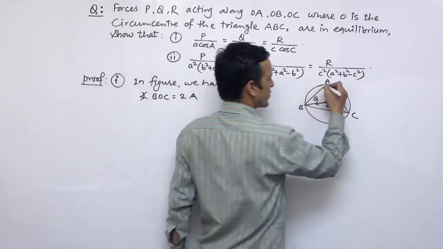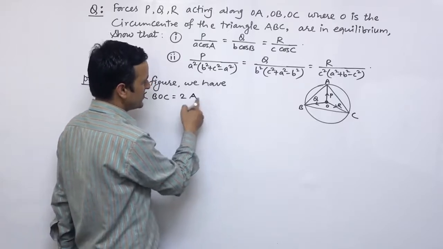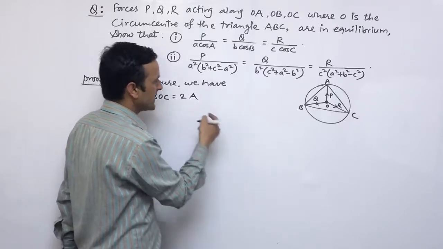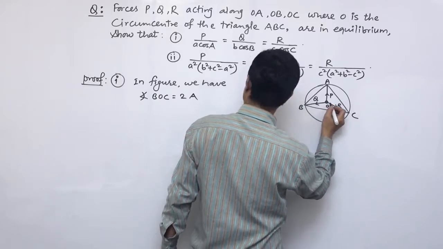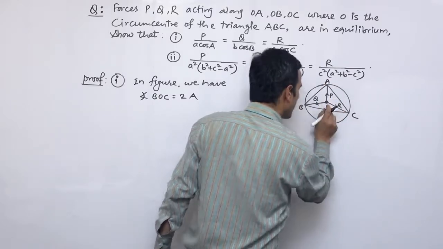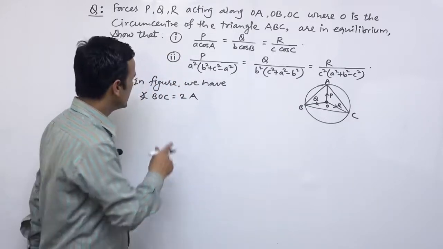BAC means it is 2A, same thing. BOC, this angle is just double of A. Central angle is always double of the inscribed angle. In this way,